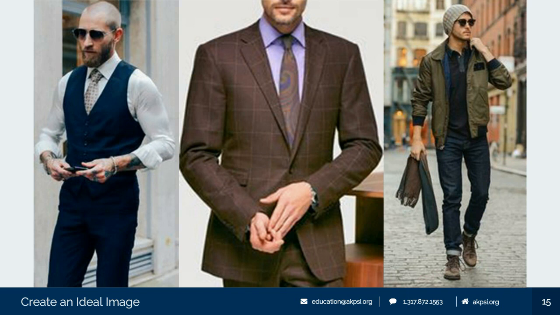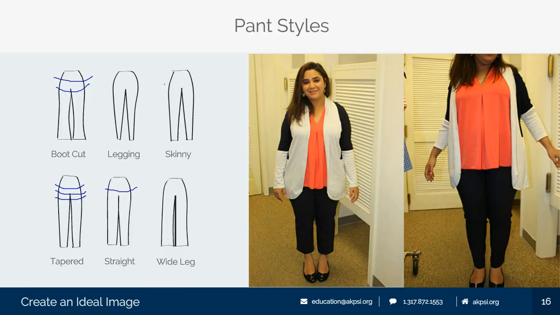Now for Muniza, we said for her body shape, a bootcut pant would be decent because of her shape and her legs. A tapered pant would be fantastic because of her height. She was only 5'2", I think, and I'm pretty sure the majority of people under 5'4" look great in a tapered leg pant.